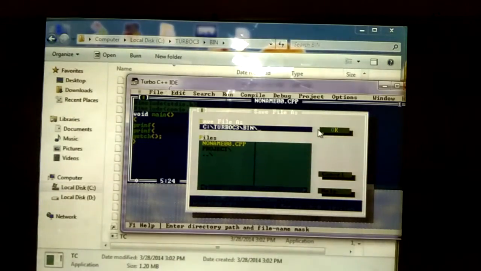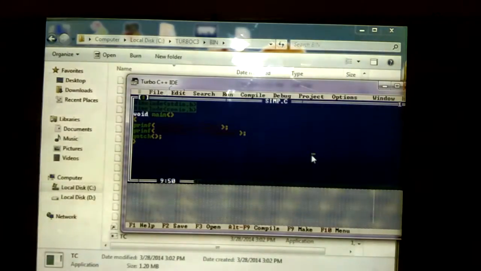Then we need to give the file name. What is the file name we have given? Simple, simp.c. Whenever we are going to save a C language program, after giving the file name, .c is compulsory. This is the file extension used by C compilers. .c we need to use. Then we are going to save.